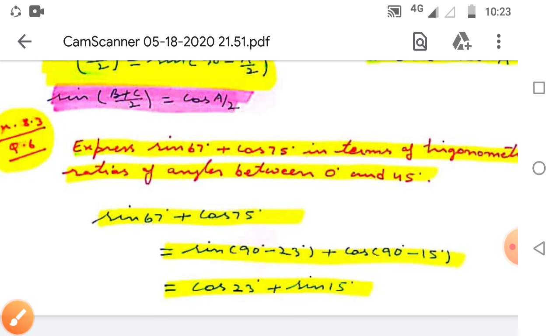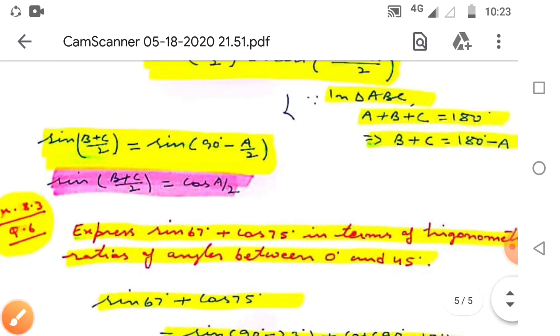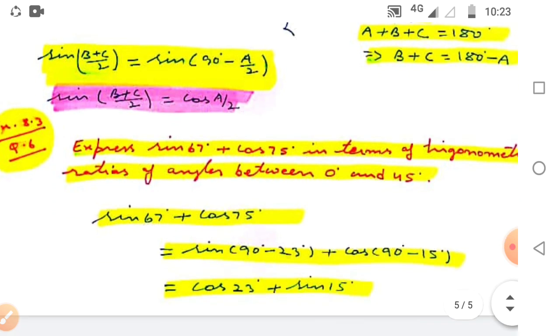So today we have completed two exercises, that is exercise 8.2 and exercise 8.3 of NCERT, right? So revise all these questions, practice,